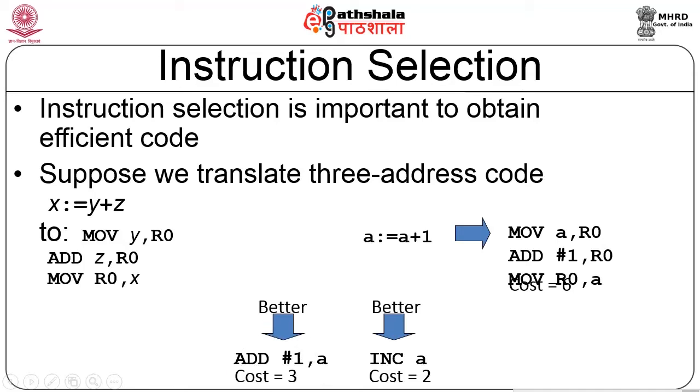So this 3 and here it is going to be only 2, which is much better than the 6 which is going to be costing you here, because we kind of use this as a basis for generating code for even this instruction. So a is equal to a plus 1 can be dealt with in a much simpler sense here. Therefore the choice of instruction is going to basically make a big difference in final code generation.